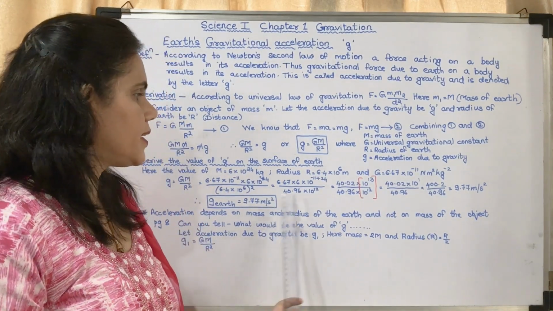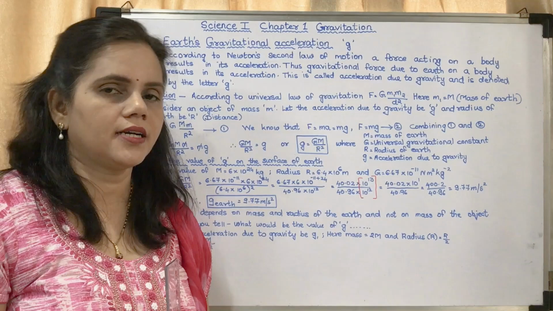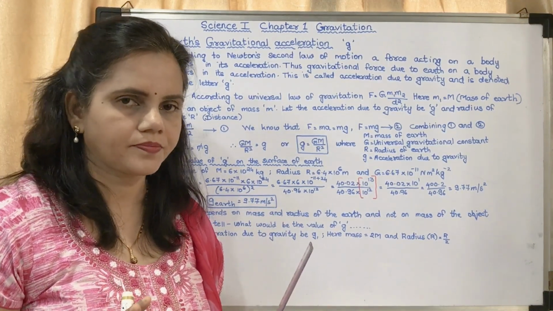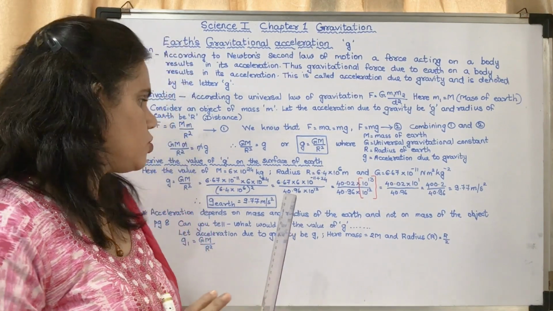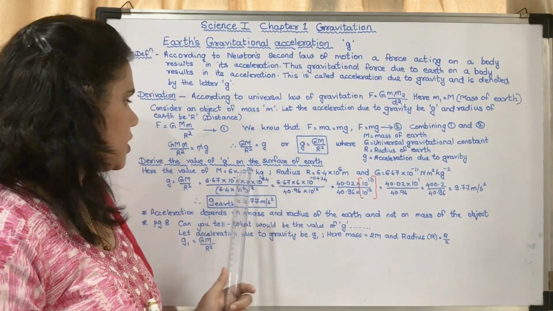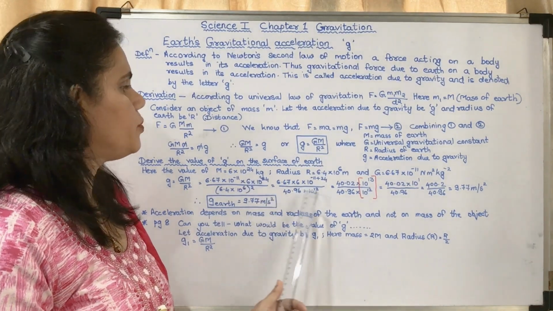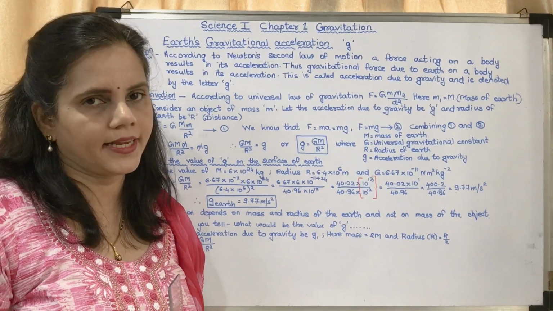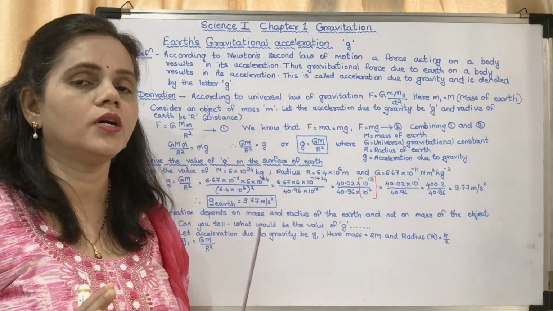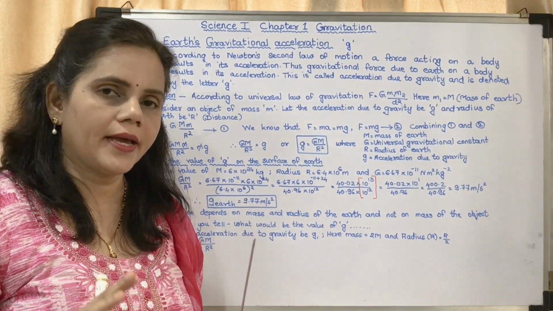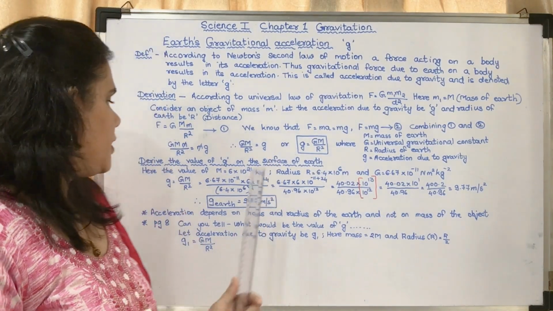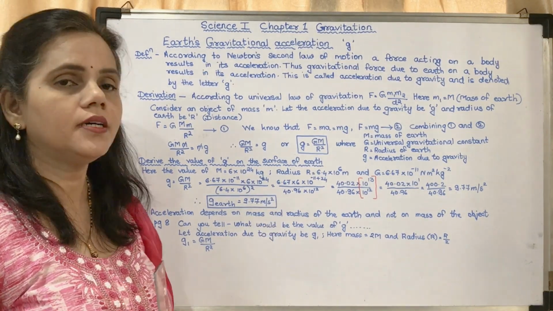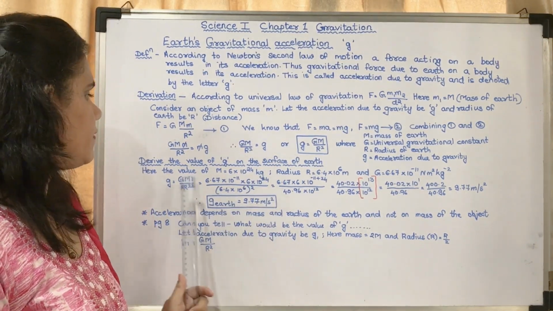Okay, so this is the calculation. While you are writing the answer, even if you don't write the calculation, they won't cut marks. Okay, you will be given marks, so don't worry for the calculation. You can write this much and directly write the answer, that is 9.77 meter per second square. Only you have to know the value of G, the value of M and the value of R. Now, so g on earth is equal to 9.77 meter per second square. Till here you have to write.